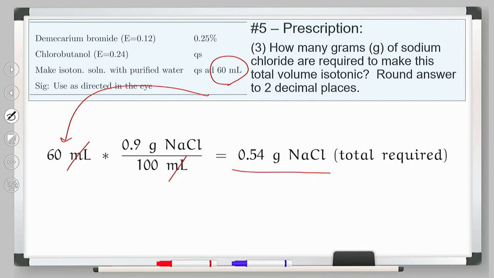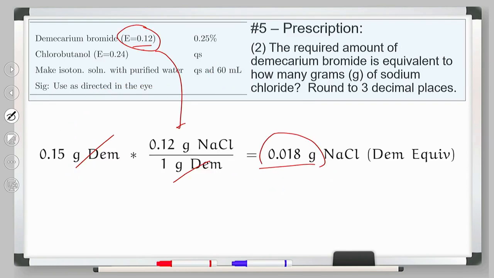Simply tell me what amount of sodium chloride I would need. Did you get 0.54 grams? And that's taking 60 milliliters times 0.9 grams divided by 100, so the mils cancel, and that's the weight of sodium chloride it would take to make 60 milliliters be 0.9% weight per volume. Do we have that amount? What did we say we got from the drug? We said we got this fairly small amount of sodium chloride equivalent from the drug,